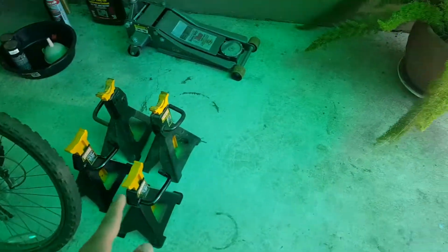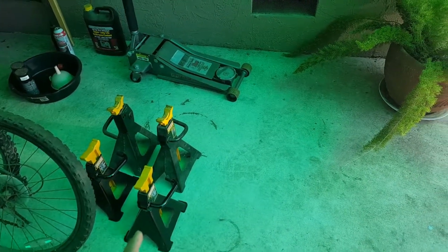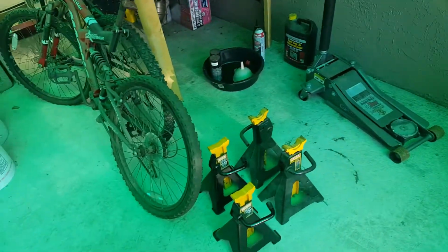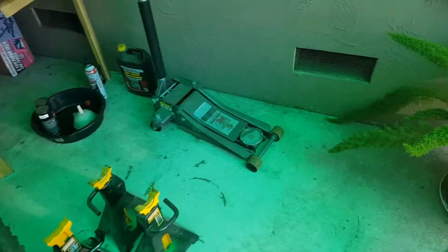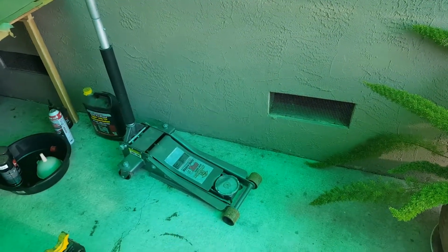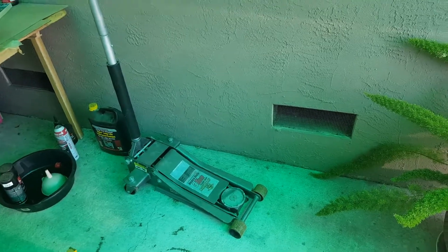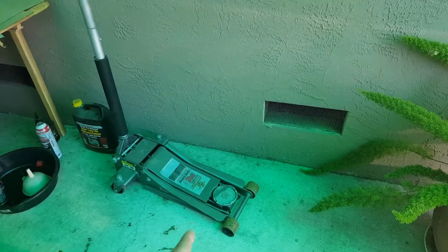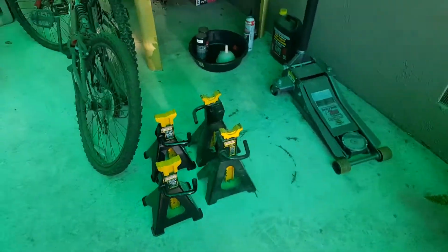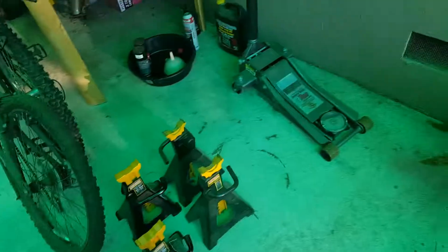And obviously you need a full set of jack stands if you're going to have your car left up on top. I mean, have it sit on the jack stand the whole time. If you just want to do an oil change, oftentimes I just leave it with only the jack holding it, even though they say it's not good to have your car sit on the jack the whole time. Preferably, leave it on the jack stand. But anyway, so